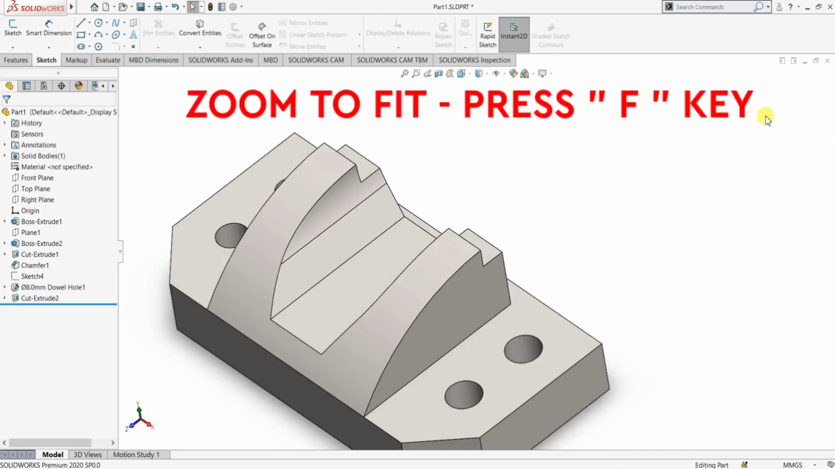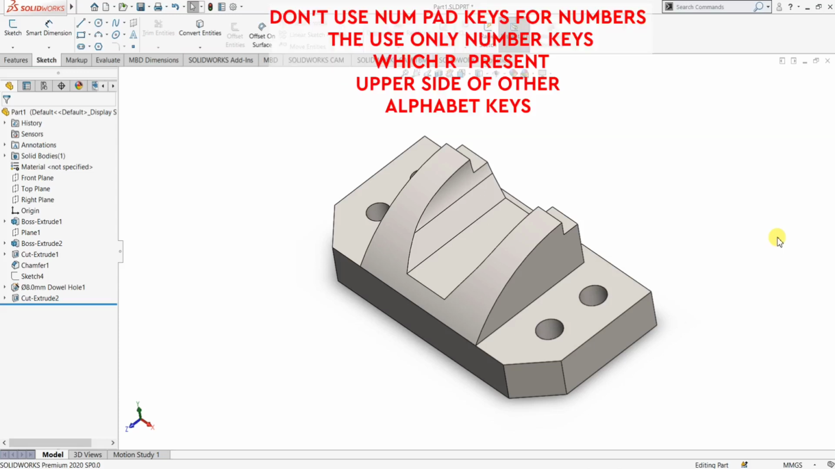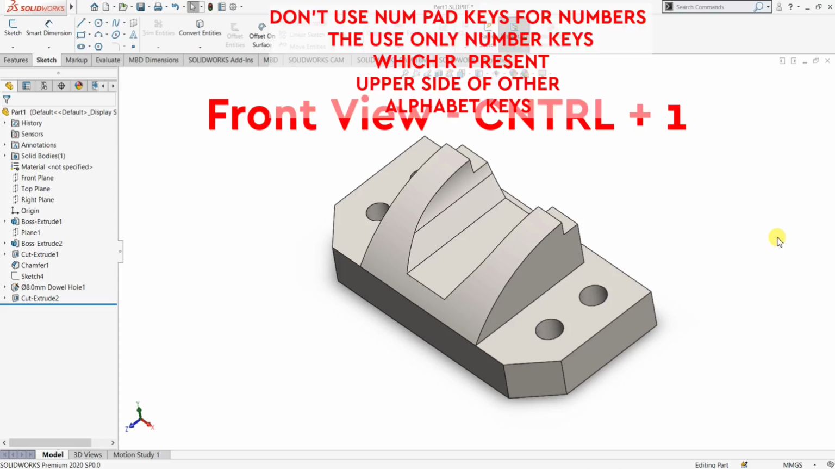Now I want to fit this object in my drawing sheet or work area. For that you want to press the F button from your keyboard. Now you can see here my object is now fit in the work area. This is a simple option for zoom to fit. Okay, our next option is